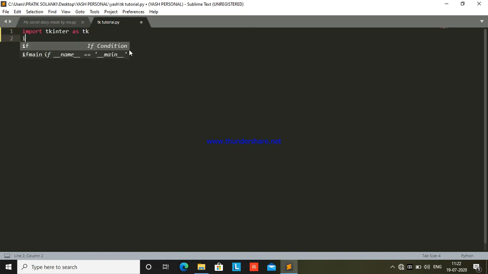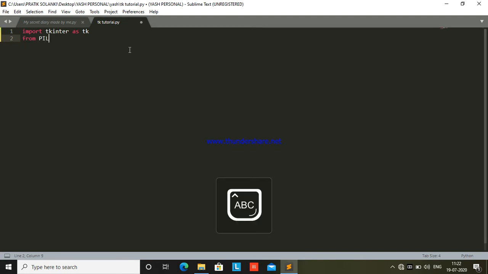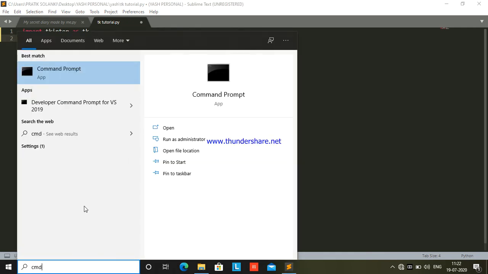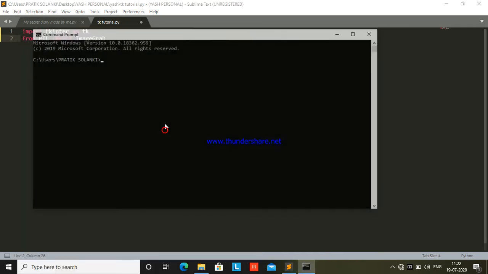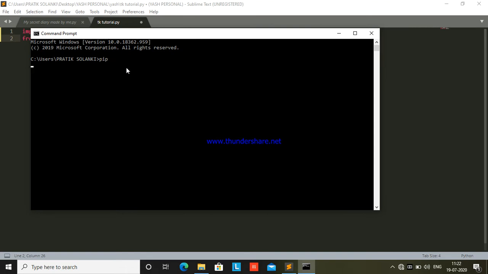Now we are also going to be importing a module named PIL. It's the short form of the module Pillow, and we import Image, and from that we are going to be taking ImageGrab. Now this does not come as a built-in module of Python. You have to go over here, type out cmd, open up your command prompt, and now you just type out pip,